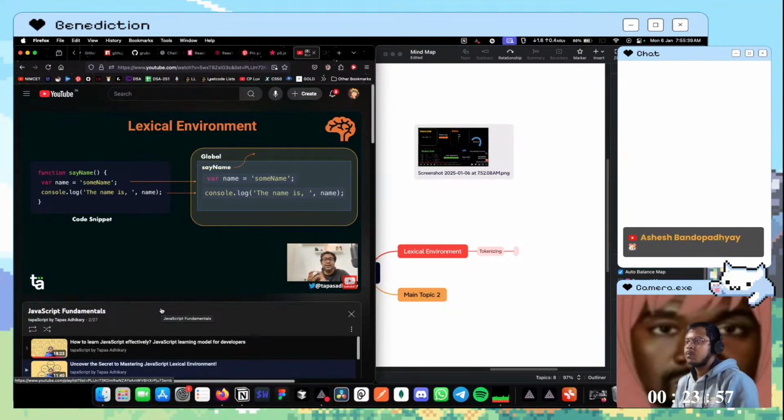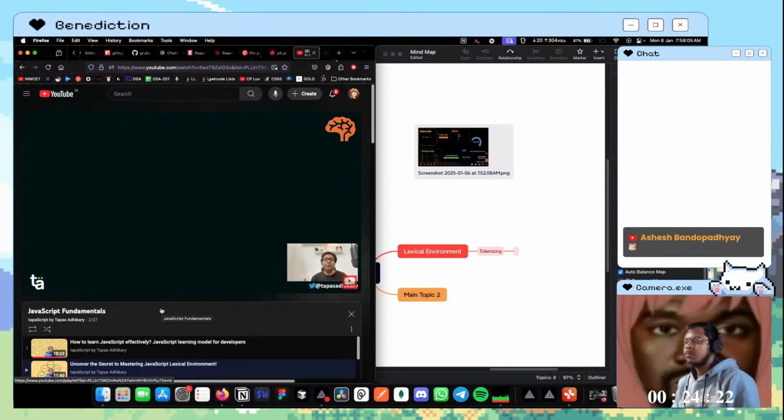This lexical environment understanding is required because it is the base for understanding execution context, how a function executes, then the scope, and then the scope chain. Being in a function, whether I am able to access something from outside, why I am not able to access something from outside, and finally the concept of closure. So if you understand the concept of lexical environment, a combination of the environment record, which is nothing but the memory occupied, plus a reference to its outside world, hold this concept in your brain for now, because very soon we are going to learn about subsequent concepts in the upcoming videos.